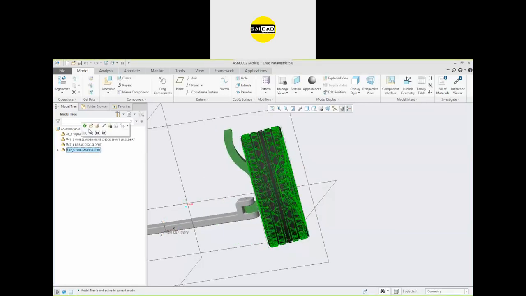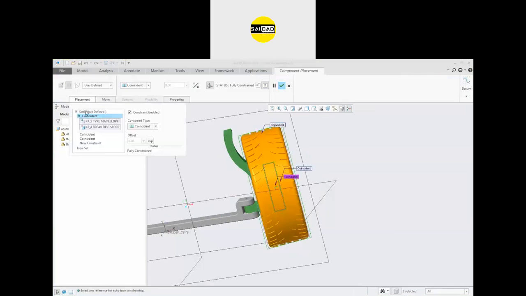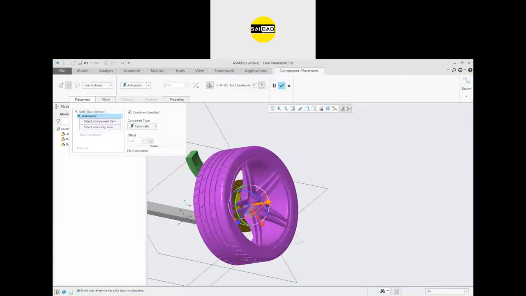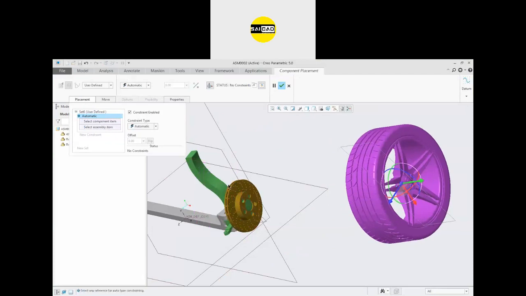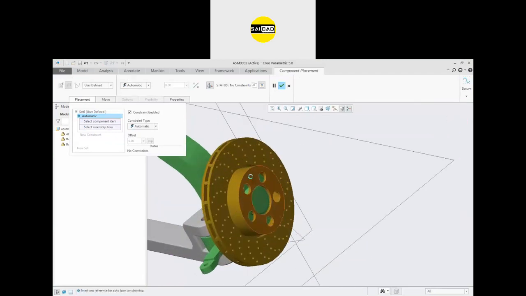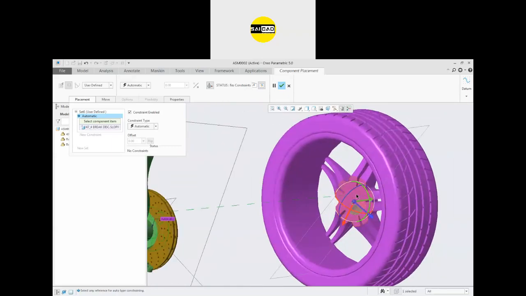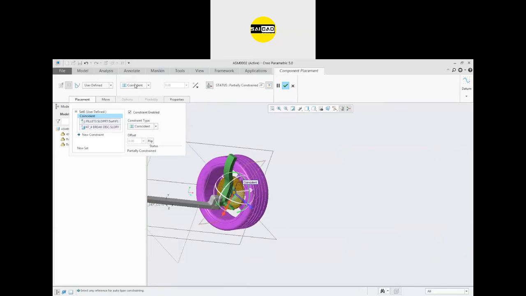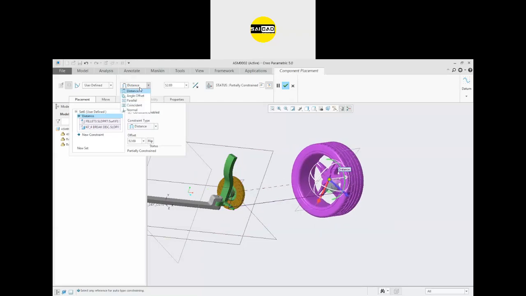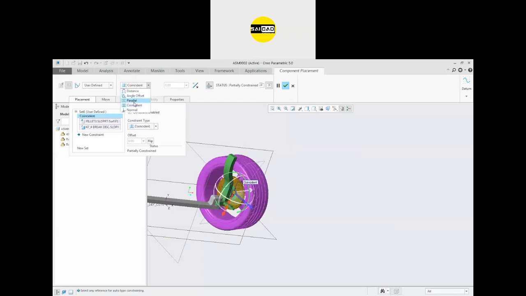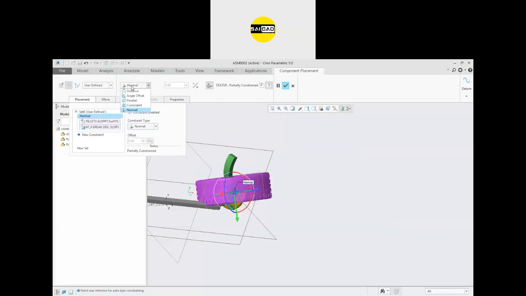Go to edit. Just going to delete everything. To create a coincidence, you just have to select two planes, two faces, anything. Like I want to make this face and this face coincident. So you can just select the two faces. It will automatically define the coincident. If it does not select the coincident by default, you can just go here and select the coincident like that. Go here, select the distance like that. You can make it on the distance, or make it on the coincident, or make it at an angle, at the normal. You can define anything.